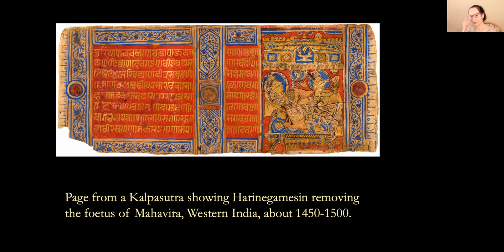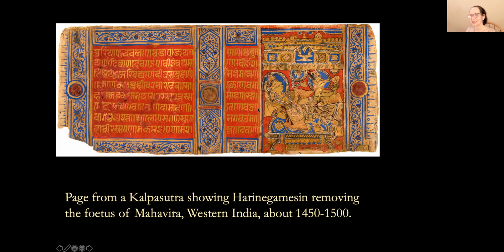which the late Vedic Brahmanic period more or less evolved into, in part, significantly. So what we're seeing here is a birth scene where Indra has sent his commander, Harinegameshin. Here's the spelling, but it's not something I would ever test you on, but it's important to know for the story here. Harinegameshin is one of Indra's commanders, and he has sent him to the Brahmin woman, who is destined to conceive of but not give birth to.